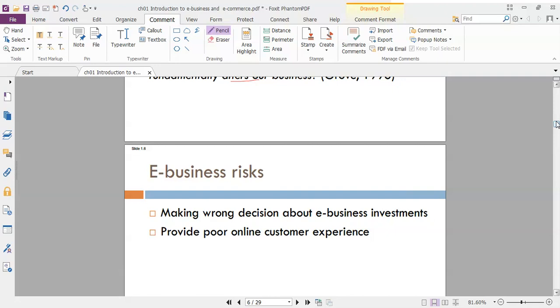But make sure that when we decide to have an online business, the website must be convenient, making it easy for customers to buy goods online from us. Don't make it difficult for customers or users. Don't invest in a website that is difficult or complicated, that is not user friendly.